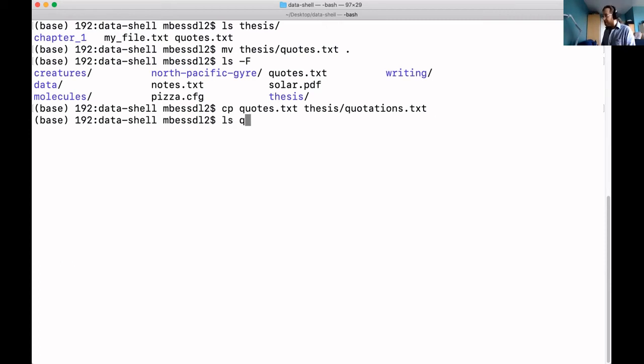And so now if we use list, the list command, you can say, just list this location. You can ask it to list multiple locations. So you can have